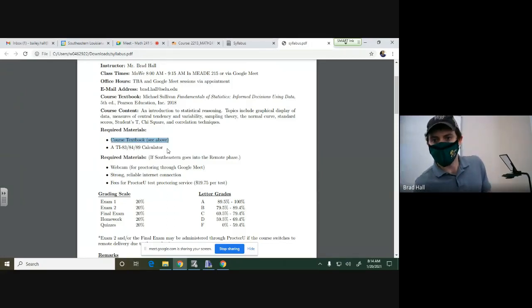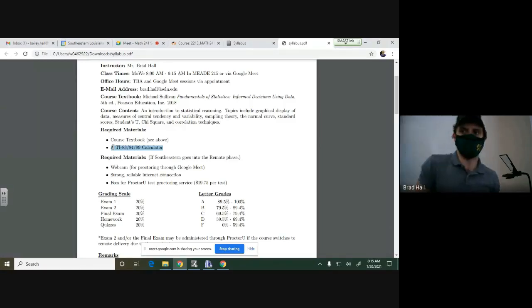Mainly what you need is one of these fancy TI calculators, which I just had mine lying around, I thought. Oh, there it is. So one of these TI 83, 84, 89, if it says plus, if it says C or some other letter, it doesn't matter. Just some TI 80 something calculator. To show another example,